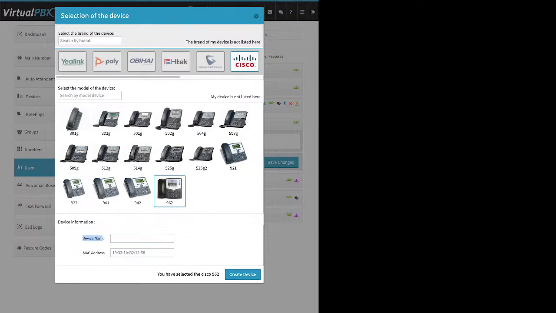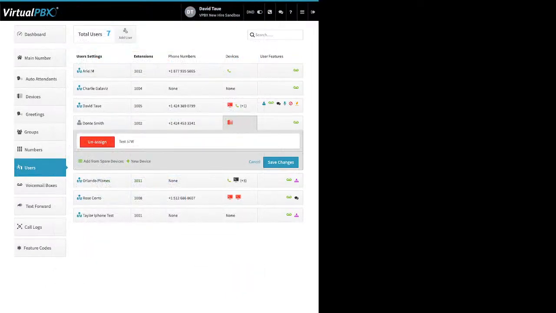You need to give it a name. I usually say the person's name and the word phone, or its location, like warehouse phone. Or the MAC address. This is unique to each device. Typically, it's a sticker on the back or the bottom of the phone. If it's plugged in, you can find it under its status settings, or sometimes basic settings. Then you would click on Create Device, and then Save Changes. So that way it would show up